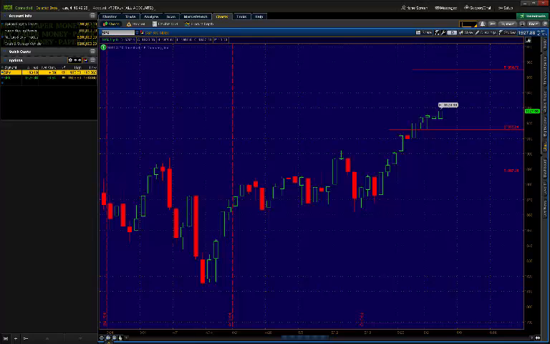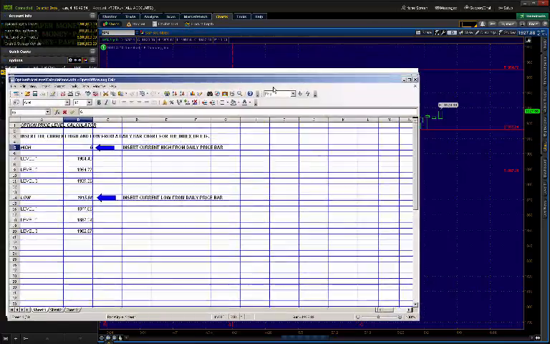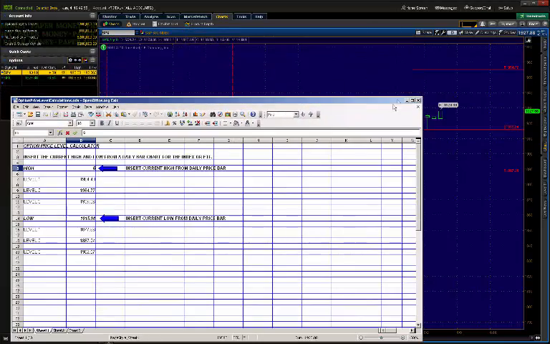Okay, what I'm going to try to do here is just walk you through a trade and set up a good spread here with a very low risk. And so what we're going to do is we're going to go to our